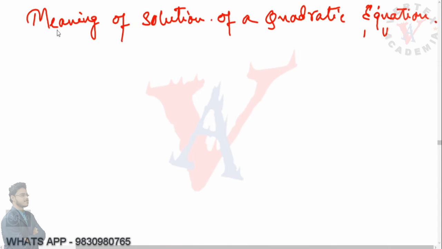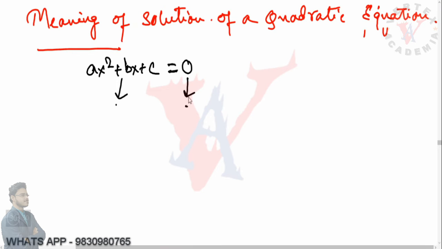So what is a quadratic equation? A quadratic equation is ax square plus bx plus c equals 0. Now we can consider these two things. These are two expressions. This is an expression, and 0 is also an expression. Now these two have the same value, so we can consider them both to be y. That means both the first expression and the second expression have the same value y.